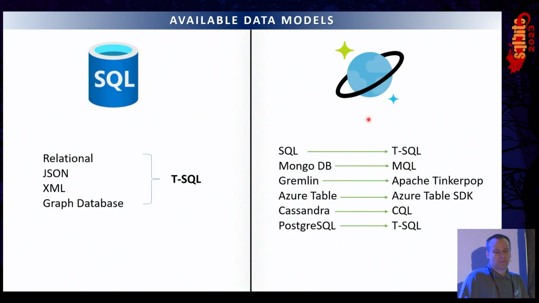Next one is the data models. In SQL Server, you must know T-SQL to use any of the data models SQL Server offers. So we have the relational data model. You can save JSON objects, you can save XML, and graph databases are the latest one, which came in 2017. Those are great options, but you must know T-SQL. They don't have their own languages for SQL Server, so you are really still depending on the relational database structure